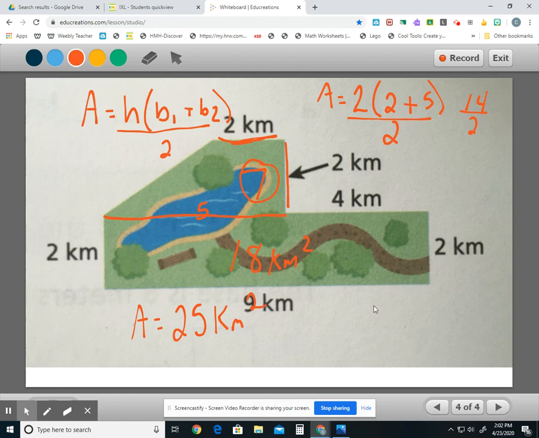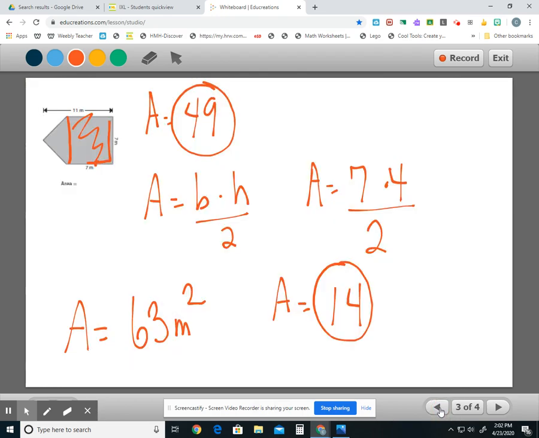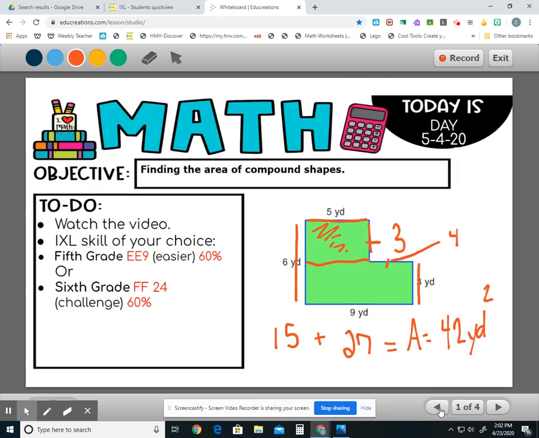So I want you to remember what our goal for this week is. If I go back to the start here, I want you to watch the video, which you already did, and it's your choice, right? You get to pick this out. Either the 5th grade skill of EE9, it's the easier of the two, it's more of these box-like shapes, up to 60%, or the 6th grade, which is a little more of a challenge,